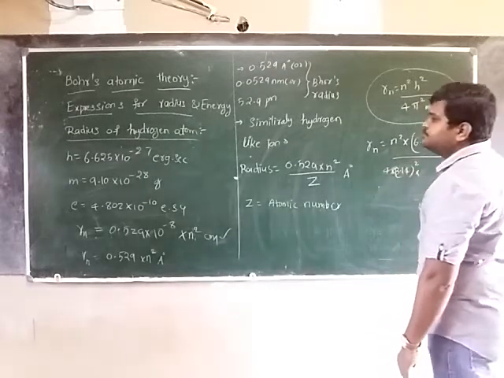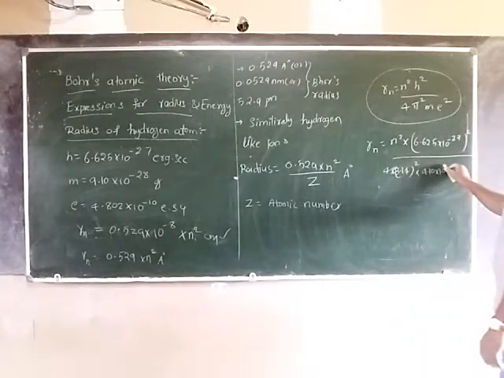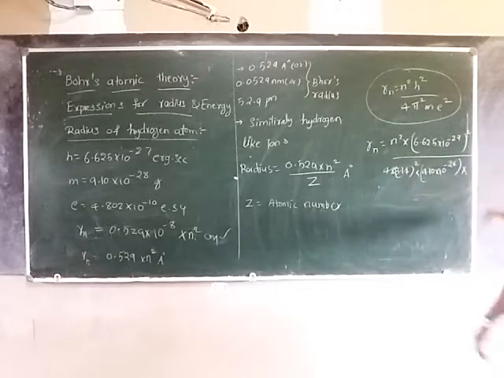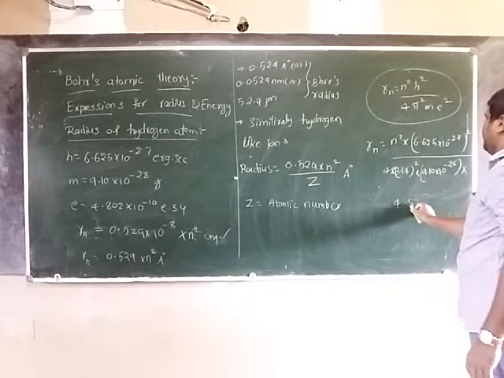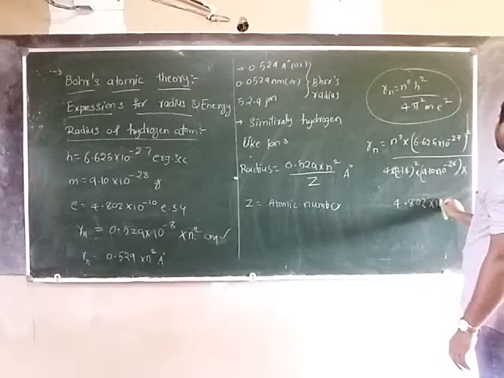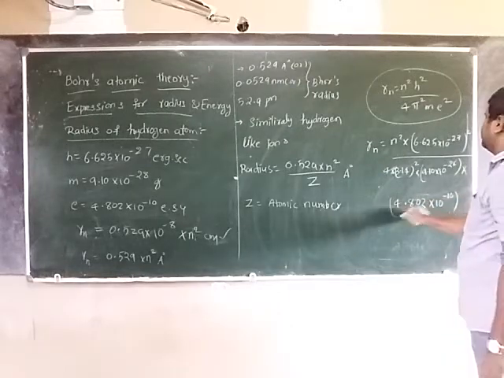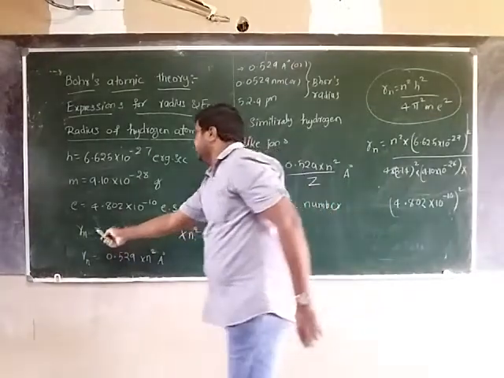Mass of the electron is 9.10 into 10 to the power of minus 28 grams into e square, that is 4.802 into 10 to the power of minus 10 square. If you do this calculation, the radius of the orbit will get